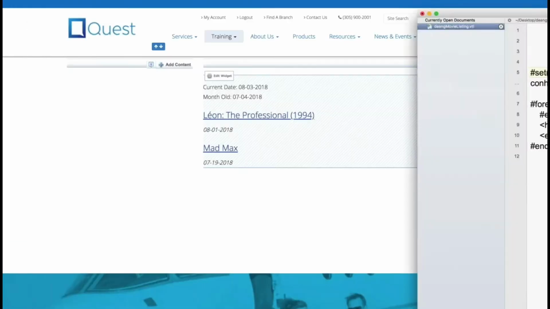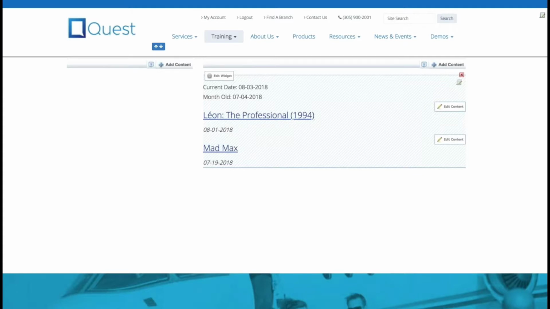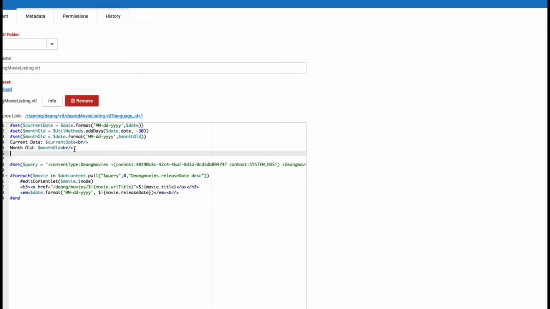Okay, so the code that you need to stick inside of your query will be this, and then I'll let you guys put it inside of your own code. So this is how you get the date and the current date. So let's go ahead and go over it. I'll paste that into my